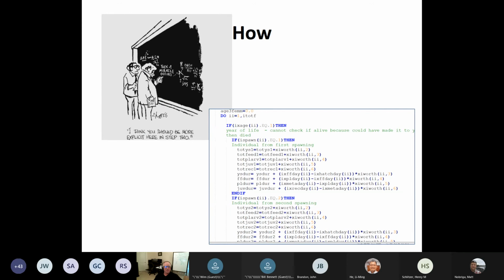This looks kind of like me and Wim at one point. I think you should be more explicit here in step 2, right? And we do a lot of that, and you'll see. And this actually is just a screenshot of the Delta Smelt code. That's some of the lines in the code, and so we're able to do all that and put it together. And you don't have to do that. That's what I do, and other people on the team like Derek, who painstakingly went through the entire code.